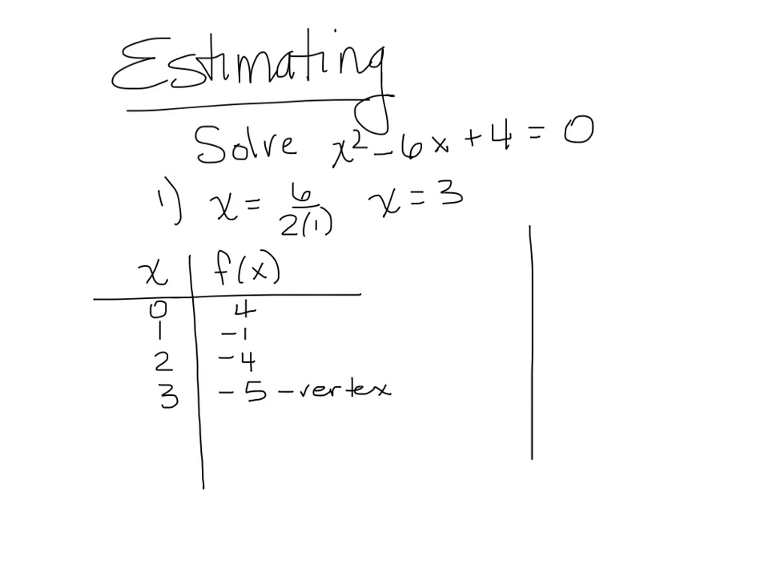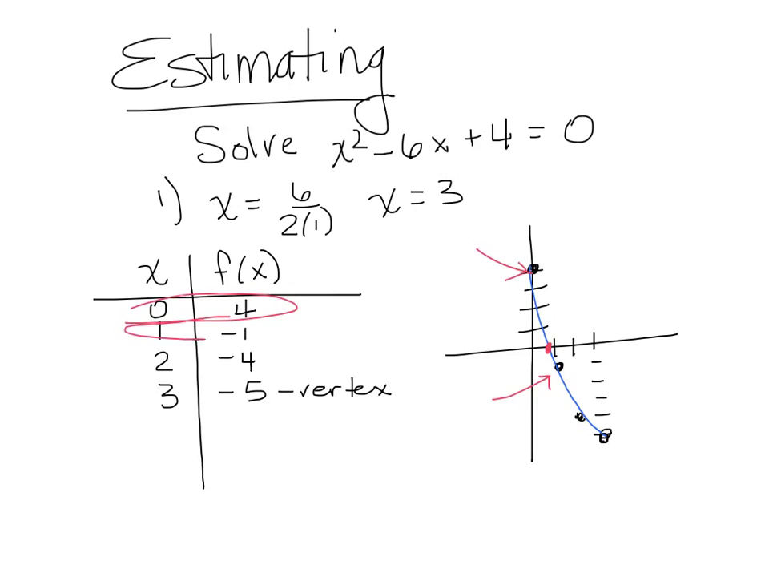So let's graph it. I have the vertex 3, negative 5. I have 2, negative 4. I have 1, negative 1. I have 0, 4. So I have a graph like this. I can see the x-intercept lies between this value and this value that I found, and that's exactly where it changes